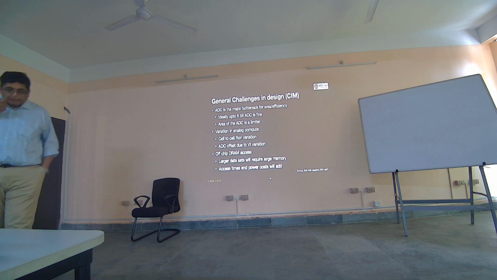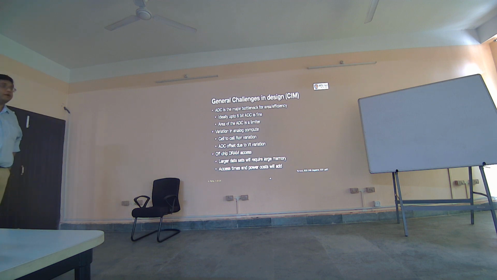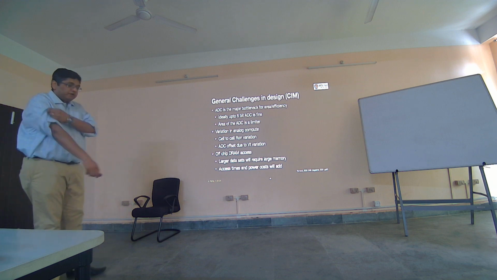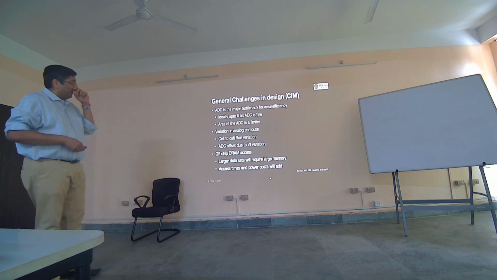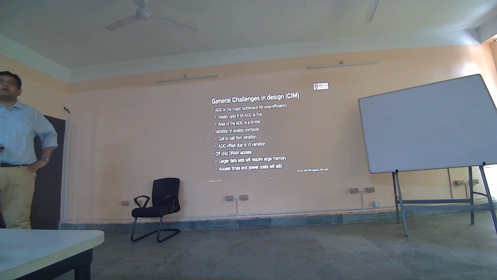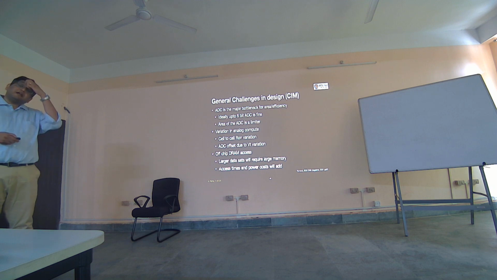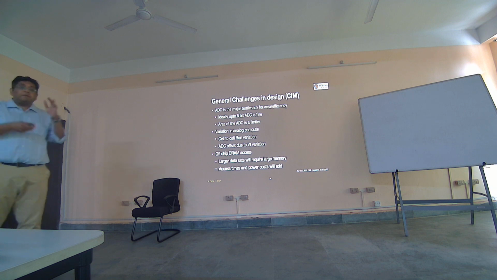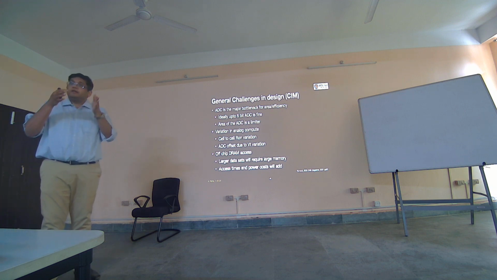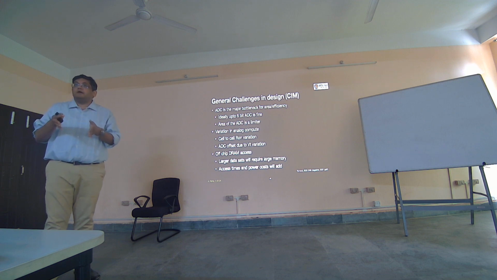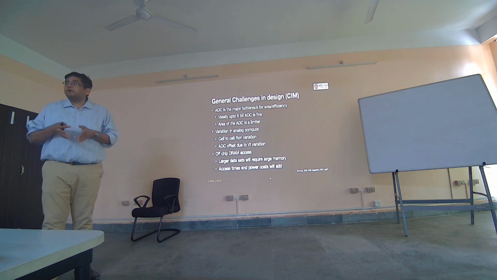So what are the general challenges in computing memory, in compute-in-memory, right? The biggest challenge today is the ADC. While we've worked on embedded memories and on architecture, the ADC, the analog to digital converter, is the basic bottleneck. Because today, the area of the ADC designs is pretty standard, and it's really hard to reduce the area of the ADC. And remember we have ADCs at the end of every column. So the column density is determined by the width of the ADC, right? And so therefore, if you reduce the ADC, you can stuff in more columns per unit area